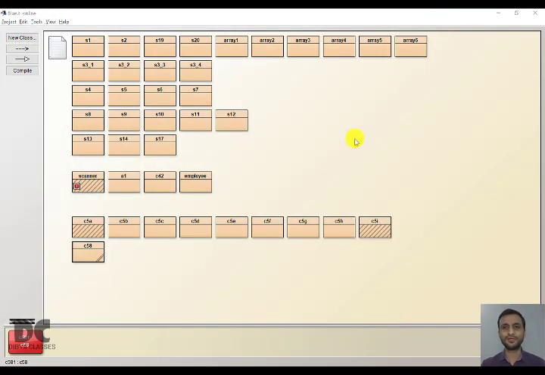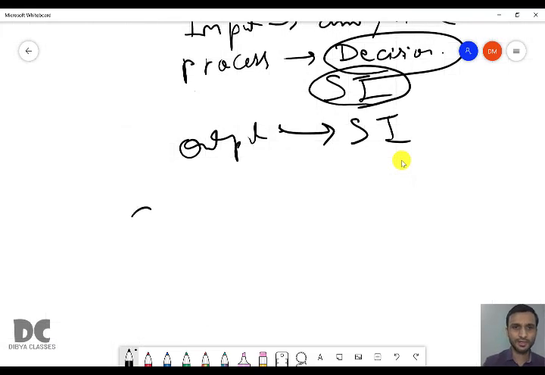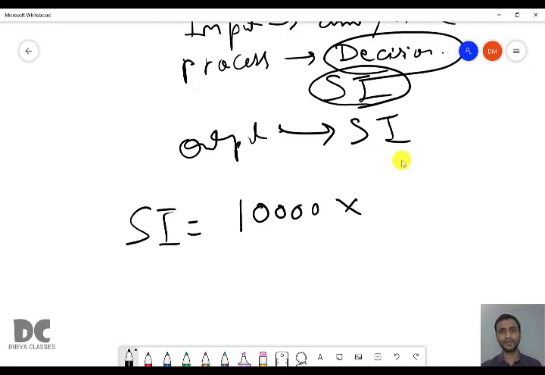Let us check this manually. Simple interest is amount, and the amount was 10,000, into rate. What will be the rate? If it is greater than 10, then it is 8, else it is 12. We have taken time as 6 years, which is less than or equal to 10. It's not greater than 10.